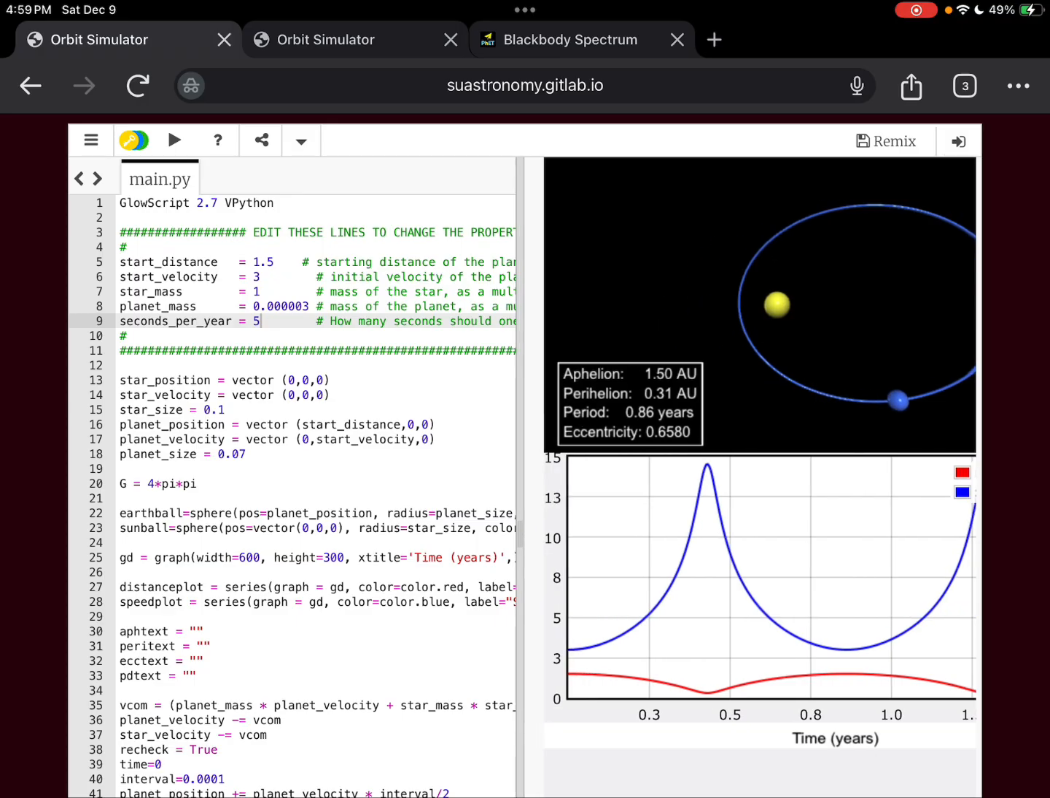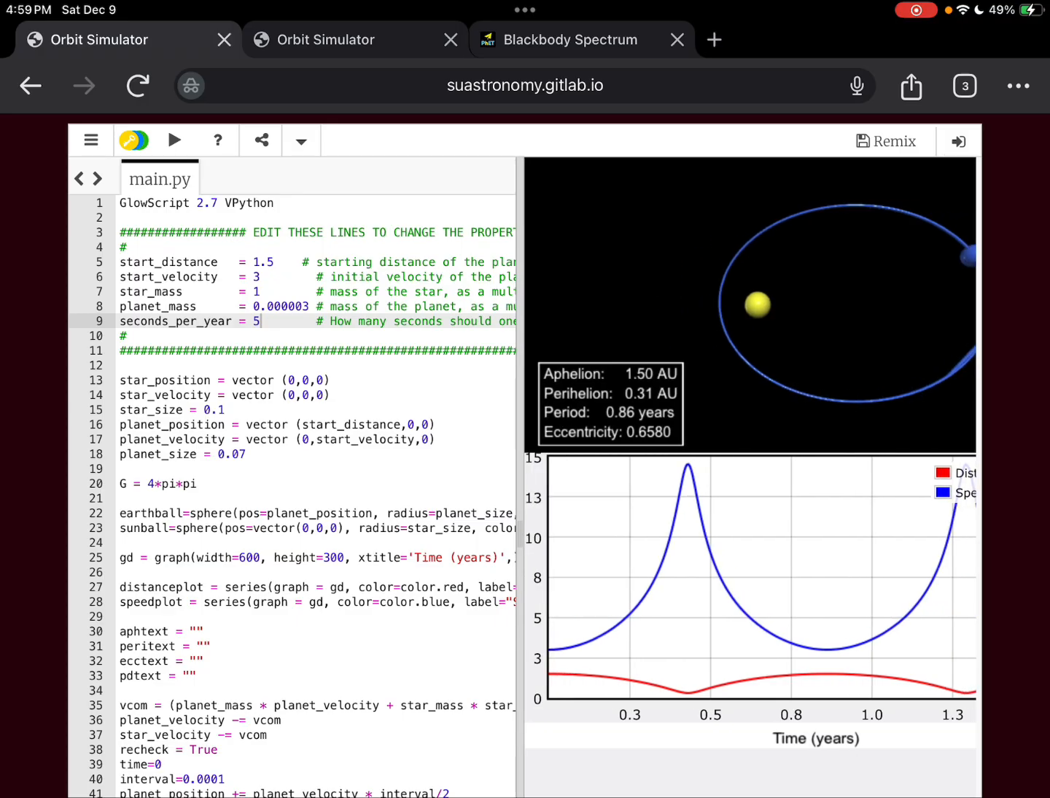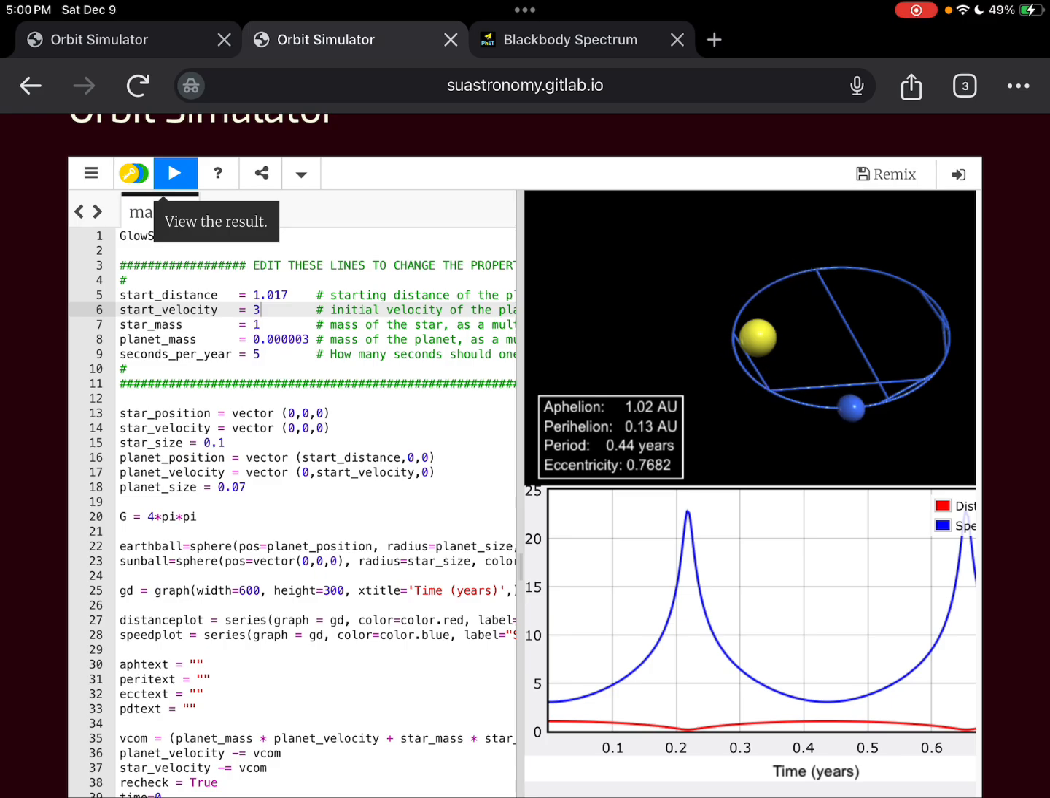So anyways, ignoring that, I was just trying to scroll over. But we can see that my aphelion and perihelion distances, together, are about 1.8 AU, and I have a period of about 0.86 years. But if I hop on over to this one,